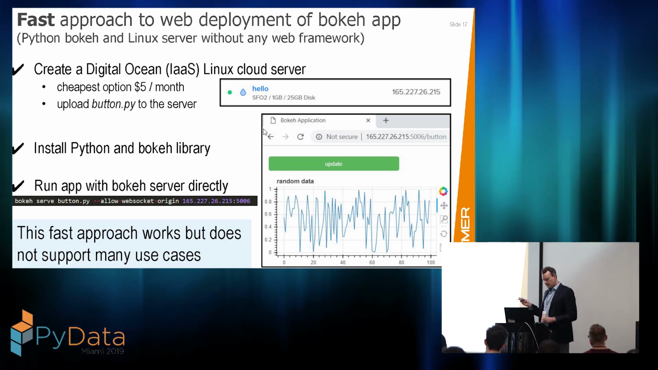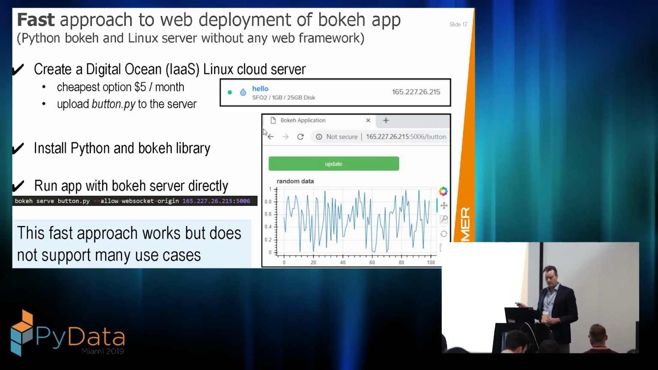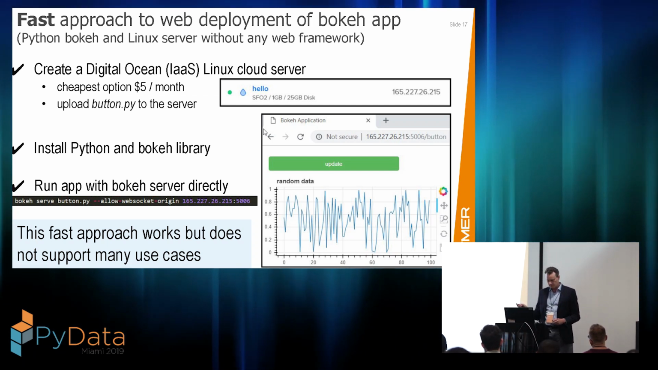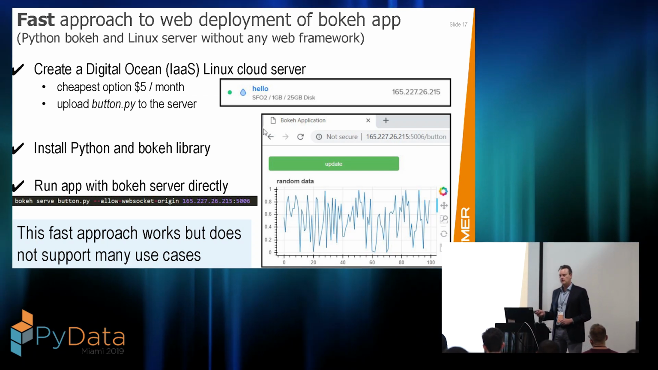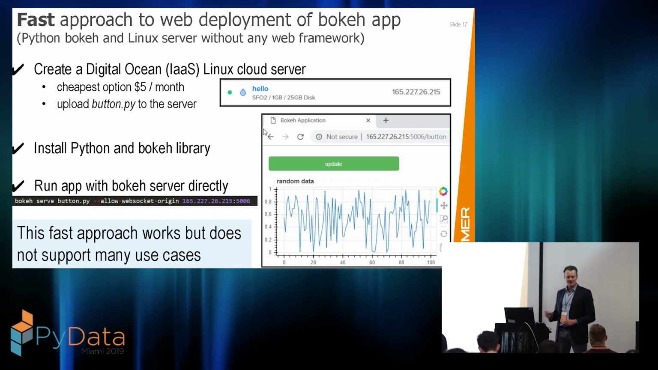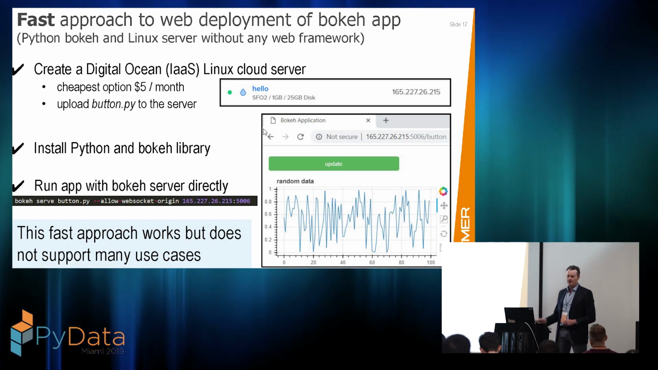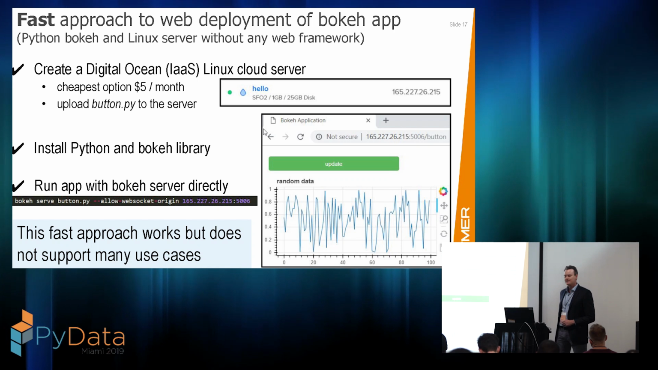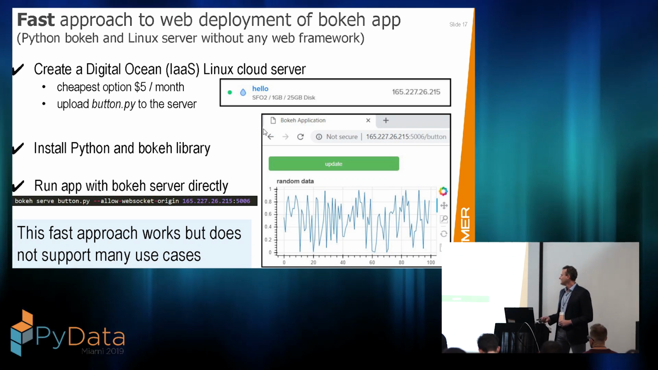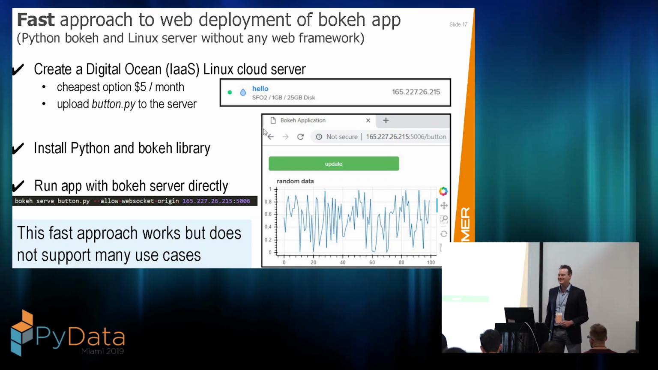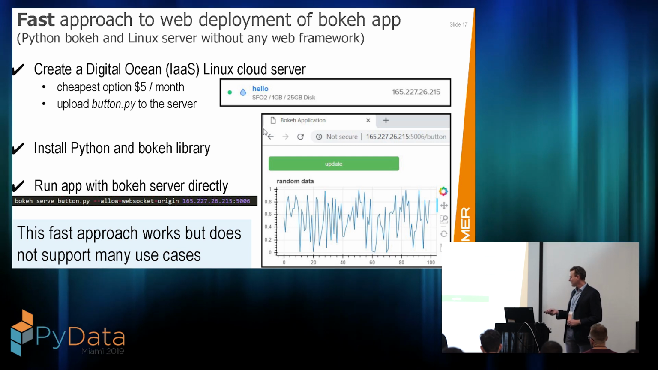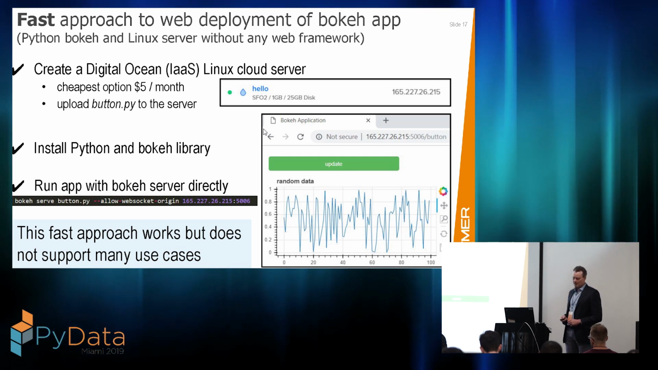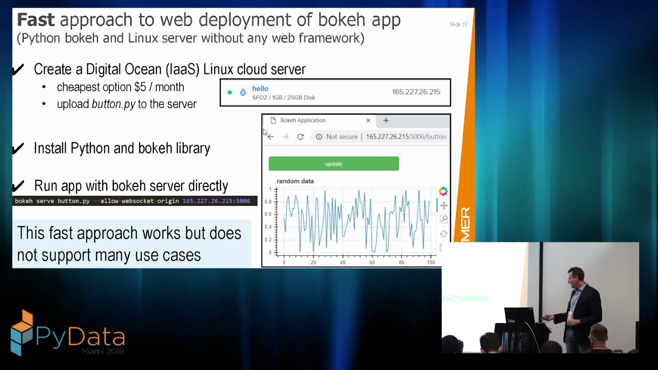And after we get the cloud server, we need to upload our Python module to that cloud server. The next thing we do, and I'm going to assume that the audience knows how to do this, is install Python and install bokeh. I think that's a good assumption after talking with everybody here. All right, and then after we have Python and bokeh installed, we log into our cloud server and we run